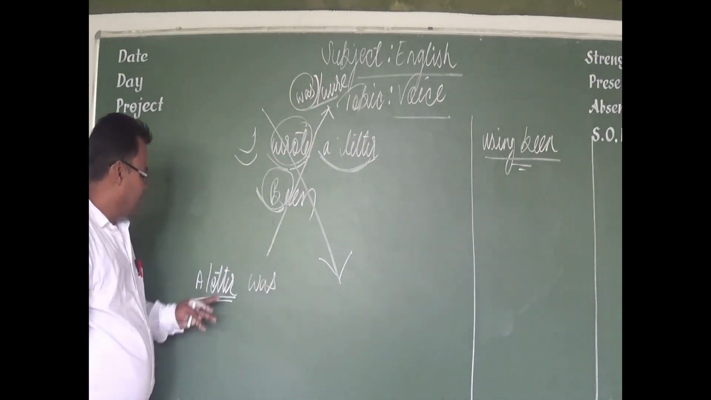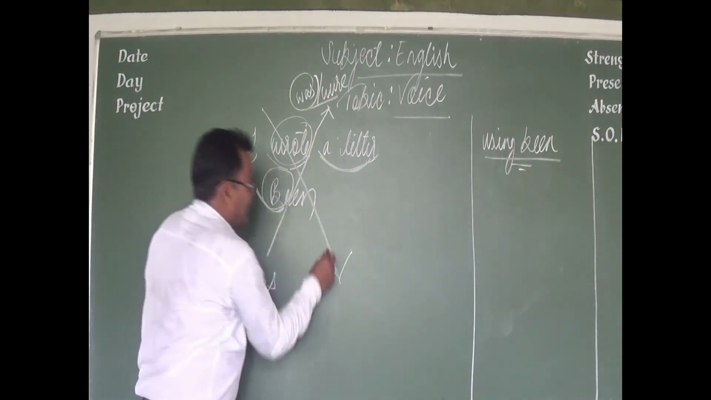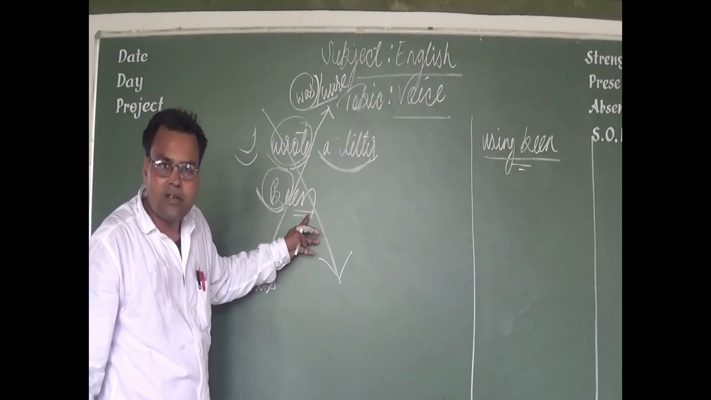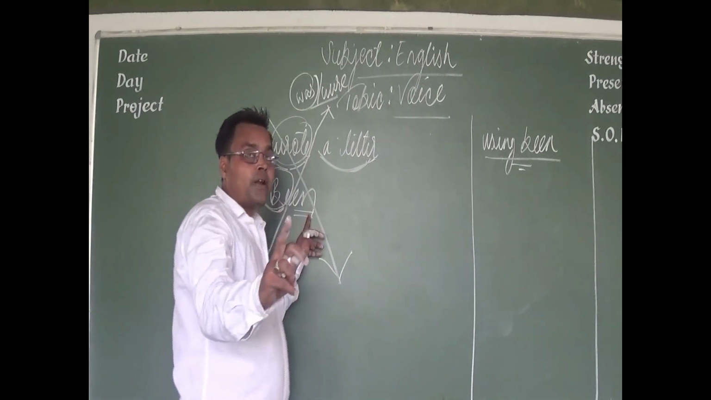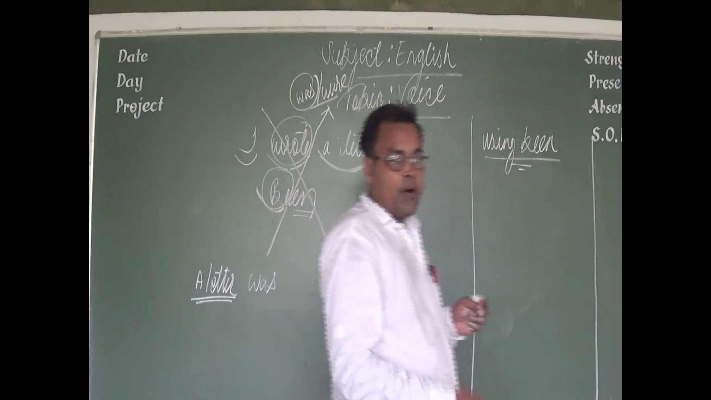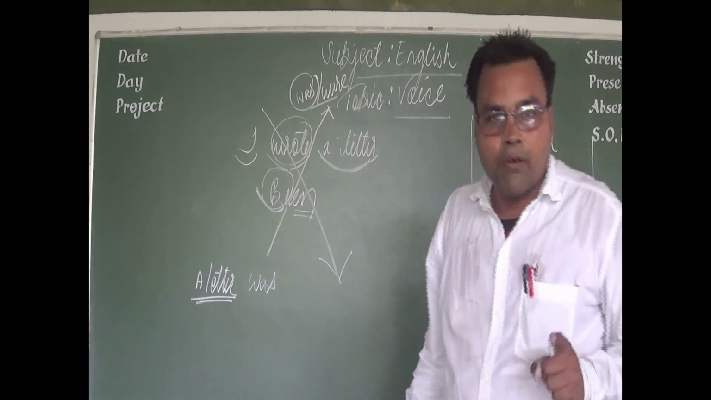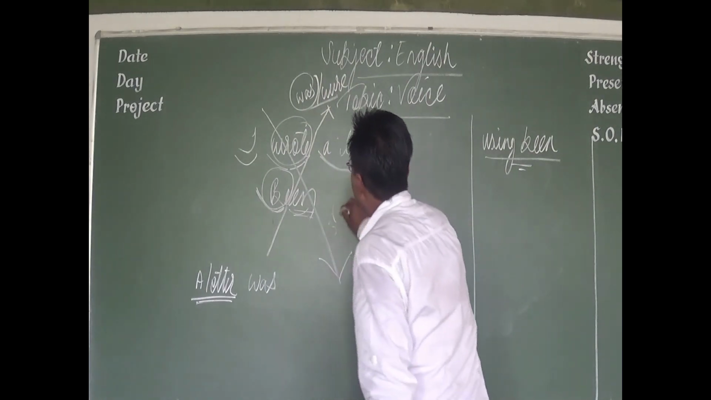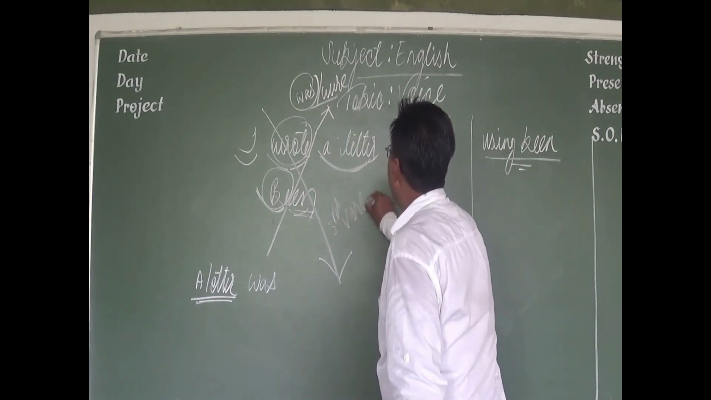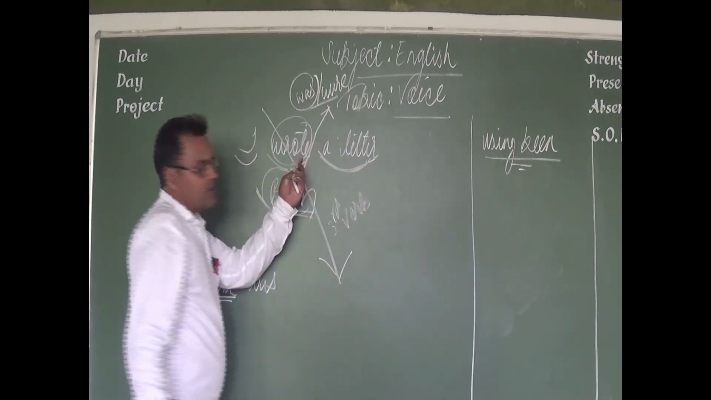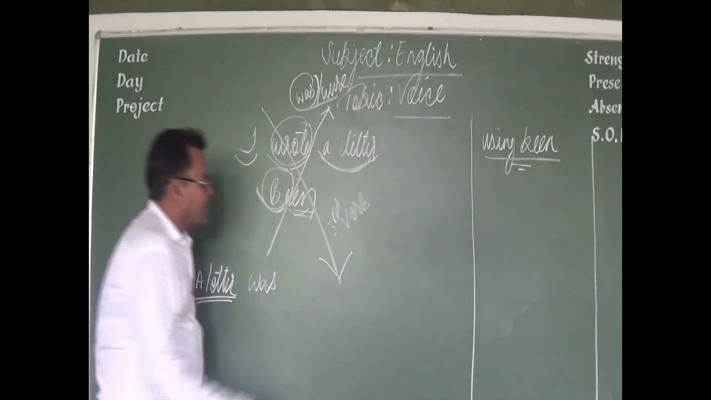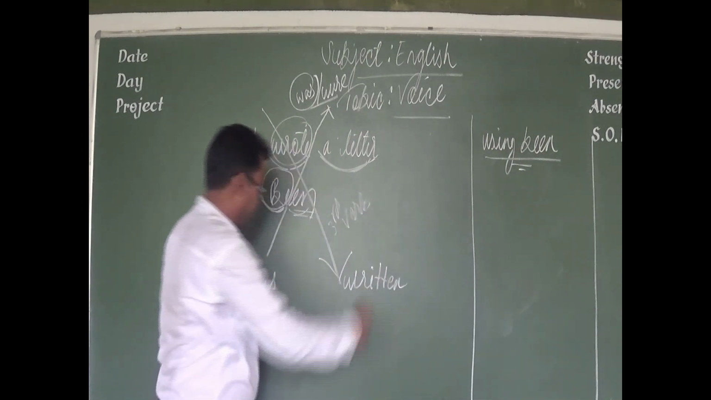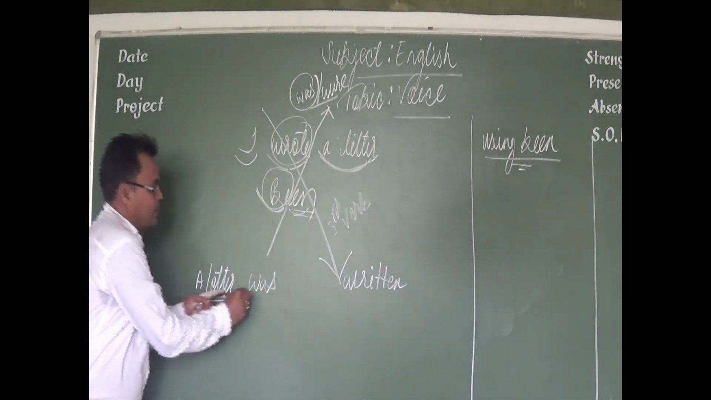right? A letter was. Then N means third form of the verb. N means third form. Don't forget that while making passive voice, always third form of the verb is used. N means third form of the verb. Third verb. So, what is the third form of wrote? Written. Right? So, a letter was